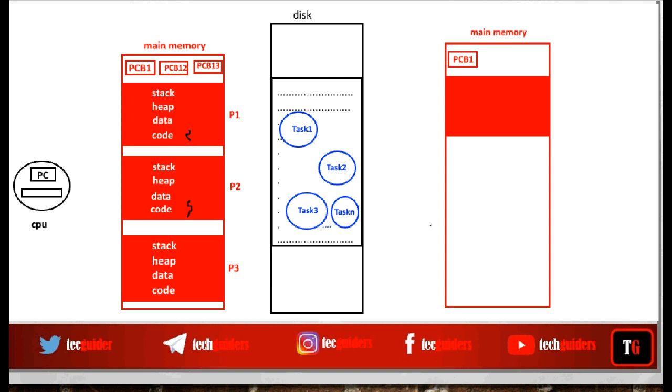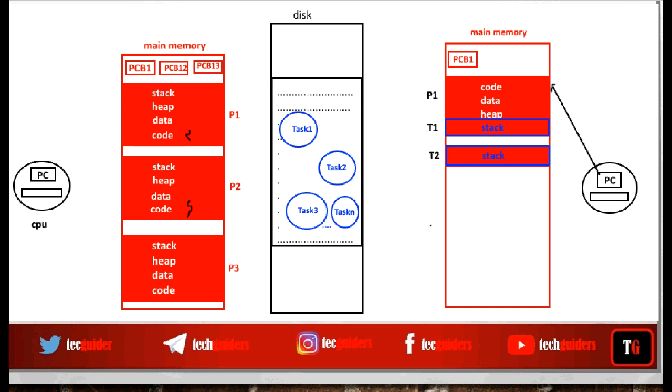And this address space consists of code space, data space, heap space, and stack space. And the processor is allocated to this process. Now P1 is being executed. Now this is actually our first thread. It will be executed accepting client requests. When one client request is received, one thread will be created to handle that request. And while creating a thread, just a stack space will be allocated for that thread.